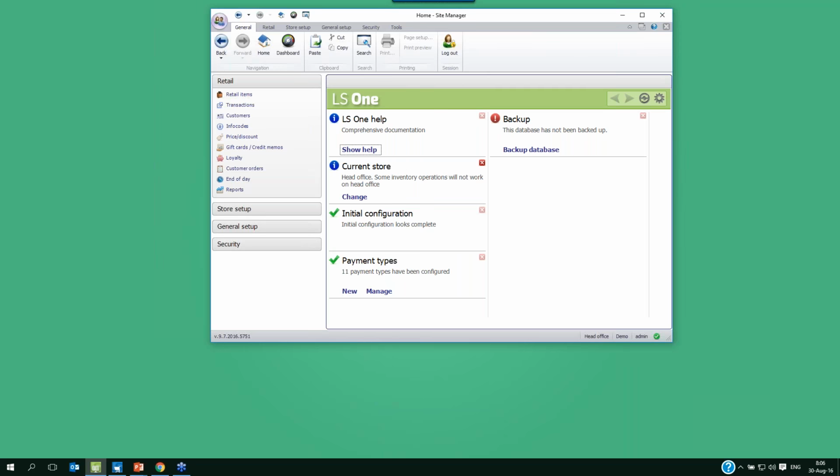Let's start with the site manager. So this is our back office. I have already logged in, and what we see is a traditional ribbon navigation and left-hand navigation. So you can choose which one you prefer to use. We also see the dashboard, and the dashboard